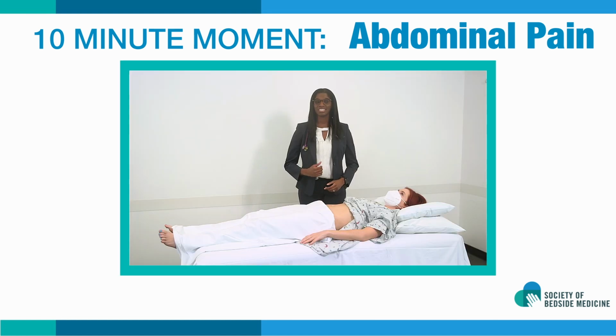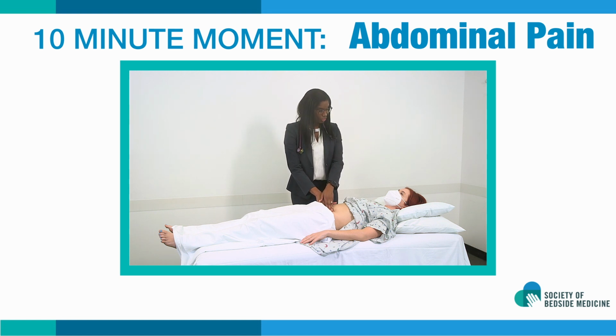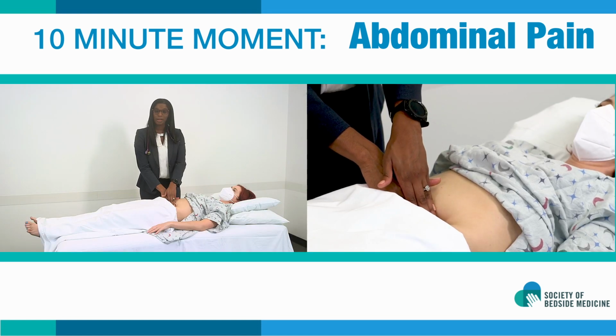A positive Rovsing sign can be described as tenderness in the right lower quadrant during palpation of the left lower quadrant. This occurs when the peritoneum rubs against the irritated appendix and causes pain in the right lower quadrant. If the patient has pain in the right lower quadrant, this is considered a positive test and has a likelihood